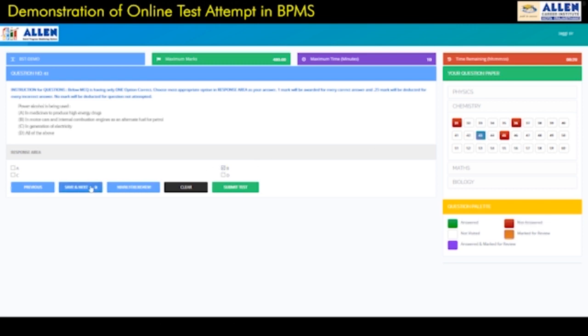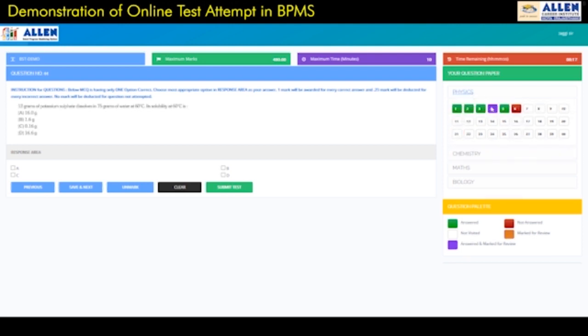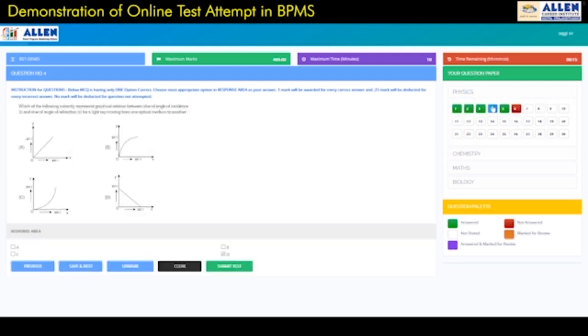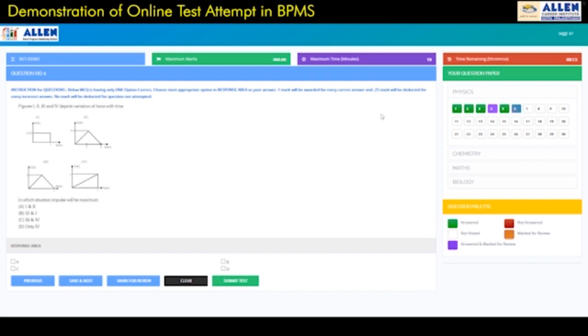But another question which you can attempt, then again it becomes a green color. But another question where you are just putting the mark for review, then again it will convert into the orange color. So orange means you have not attempted, you have kept it for review. But whenever you go to these questions, whether it is purple color or orange color, at that time you can enter those questions, take a review, and then you can submit.